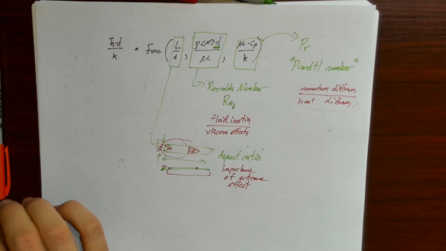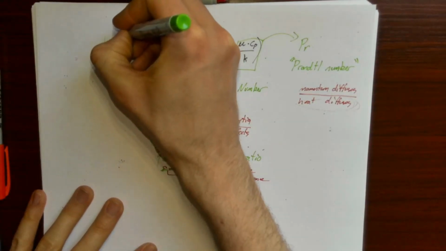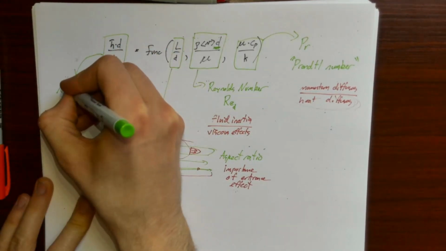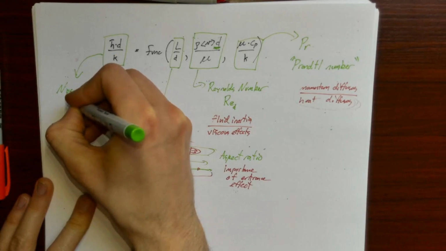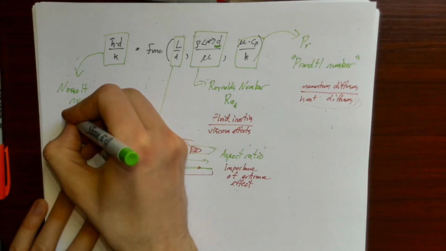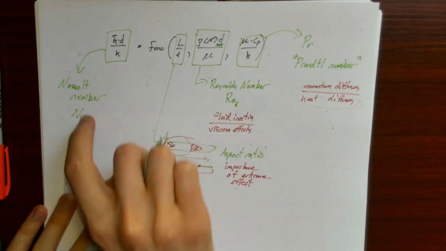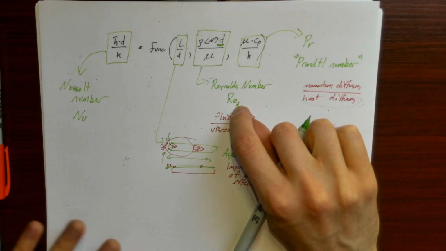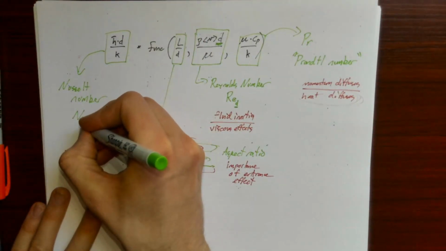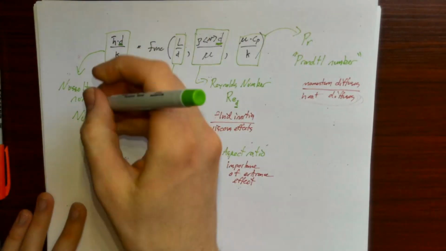And then the final non-dimensional term that we have here, this is a new term as well. This is what we'll call the Nusselt number. And the Nusselt number, people give it Nu for Nusselt. Oftentimes, in the same way that Reynolds number, they give a subscript D to correspond to this D right here. We would give a subscript D to Nusselt number to correspond to that subscript D right here.